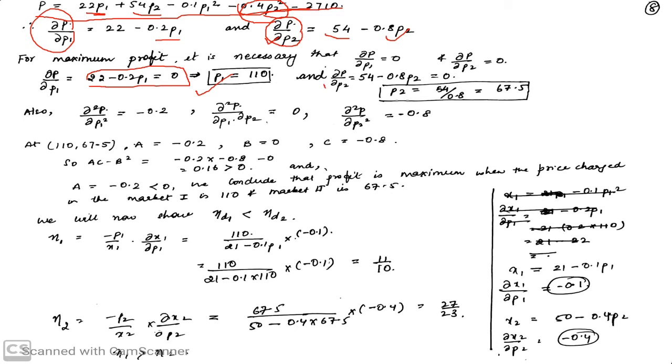डेल्टा p बाई डेल्टा p2, इसको भी मैंने 0 के बराबर पुट किया, ठीक है। जो हमारी p2 की वैल्यू आई वो 67.5 आई, मतलब मार्केट 1 की जो प्राइस है, जो प्राइस चार्ज कर रहा है वो 110 रुपये है, ठीक है, और मार्केट 2 में जो प्राइस चार्ज किया जा रहा है वो 67.5 है, ठीक है। क्वेश्चन में आपका सेकंड पार्ट ऑफ द क्वेश्चन ये प्रूव करने के लिए बोल रहा है कि जिस मार्केट में वो ज़्यादा प्राइस चार्ज कर रहा है मार्केट 1 में, उसकी जो प्राइस इलास्टिसिटी है वो कम होनी चाहिए।